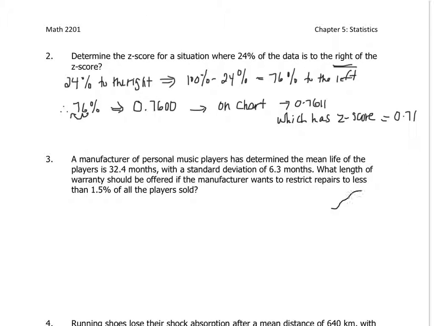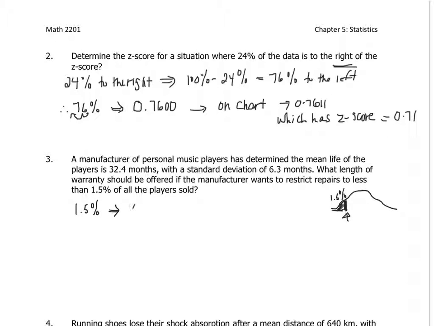normal distribution curve, if you want less than 1.5%, so that means you say 1.5% of the data, you want the warranty to be basically the z-score that goes with 1.5%. That's what you'd want to figure out, what data value goes with a z-score that has 1.5% of the data less than that z-score. So the z-score,